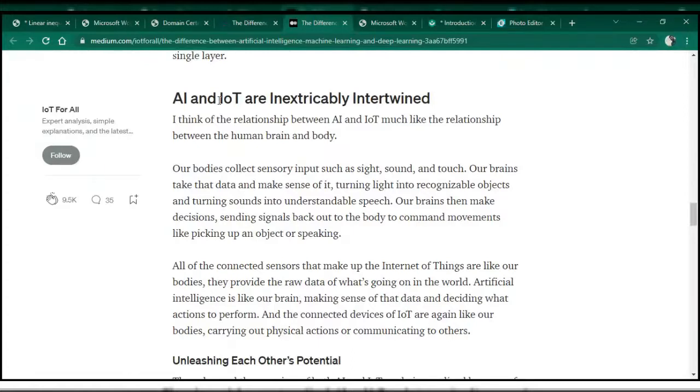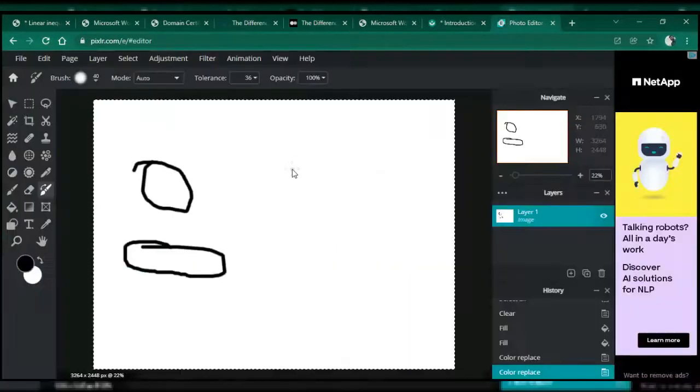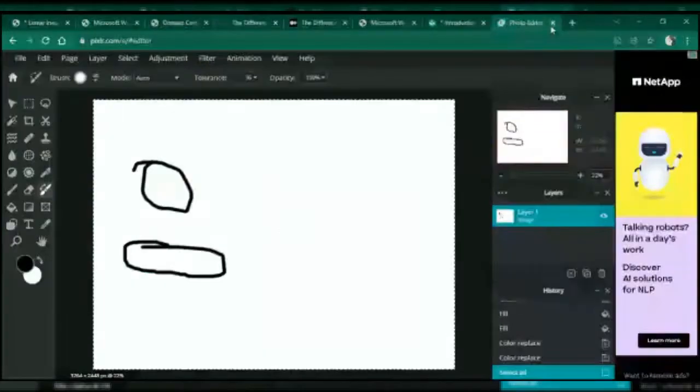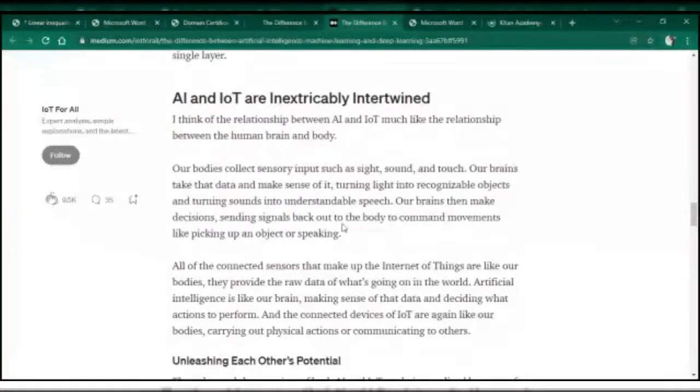You are connecting, say, light sensors and motion sensors. Say I'm connecting a light sensor and a motion sensor. I cannot draw here. It's very tough. I'll just explain. Try to understand. So suppose there are two sensors. One is light sensor. Another is motion sensor. During the daytime, there is already light around. So bulb should be turned off.